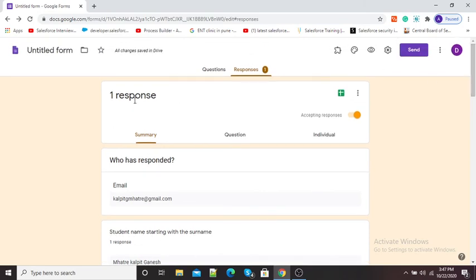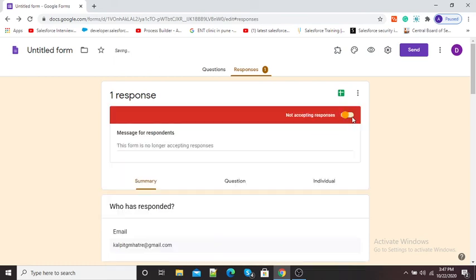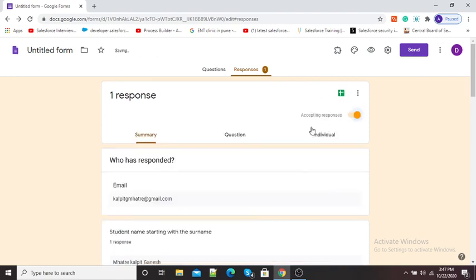Again, here you can see one response and it is accepting responses. If I want that the form should not accept more responses, then I can simply click here. Now it is showing not accepting responses. Now if I want, again I can change this to accepting responses.